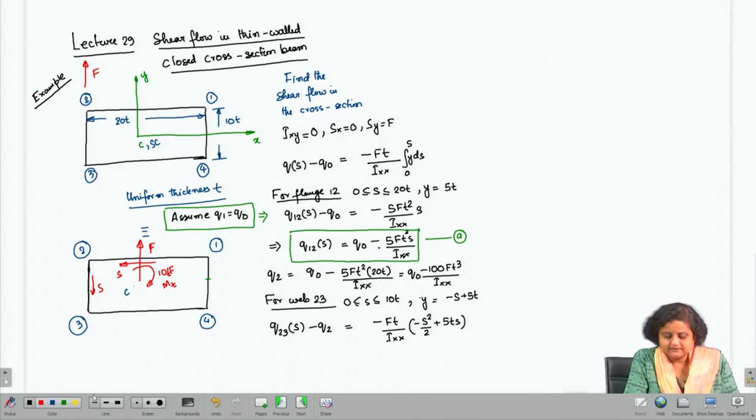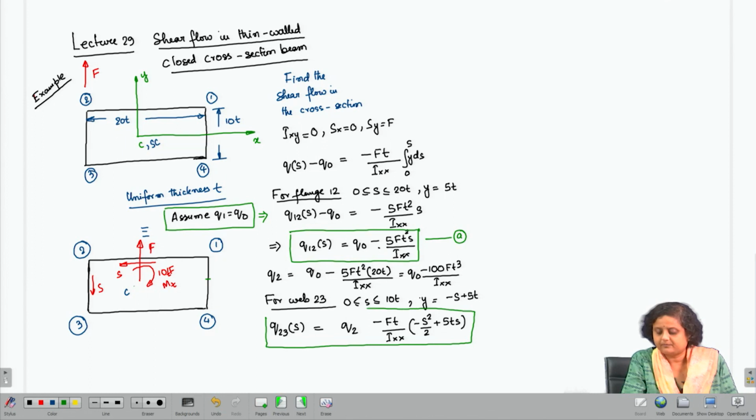Or I can write down the Q2 on the left hand side to cut short the step, and this is Q2 minus this. So from this expression we can get Q3 as Q2 minus Ft by Ixx